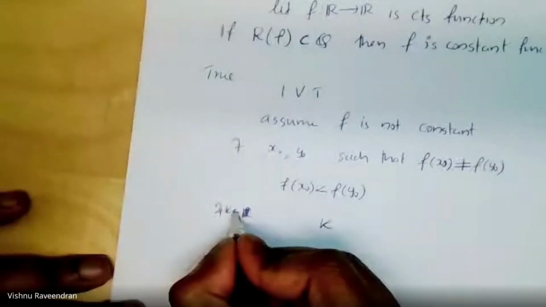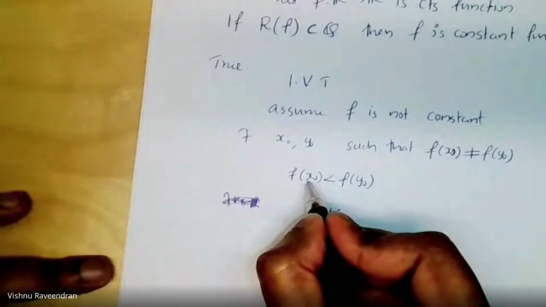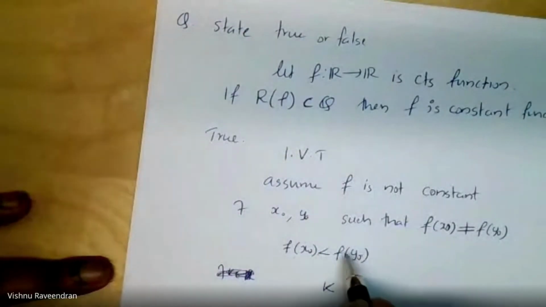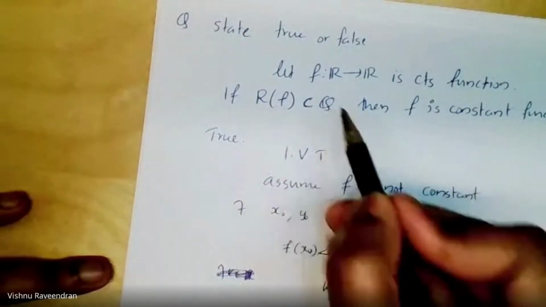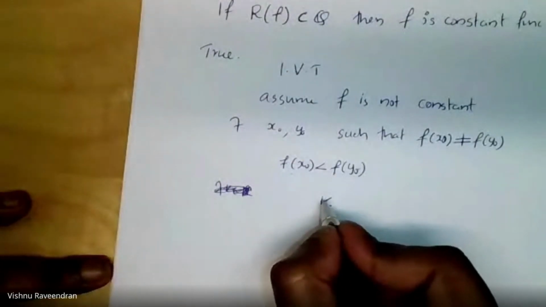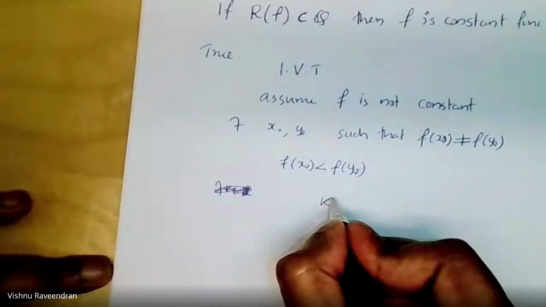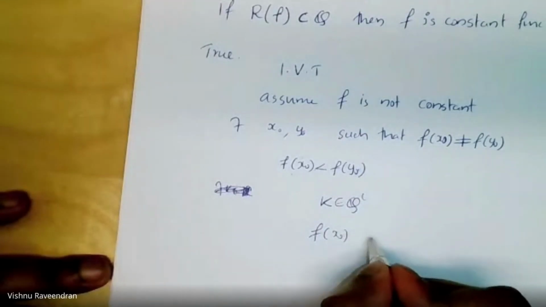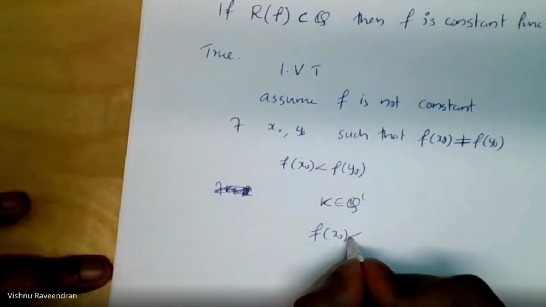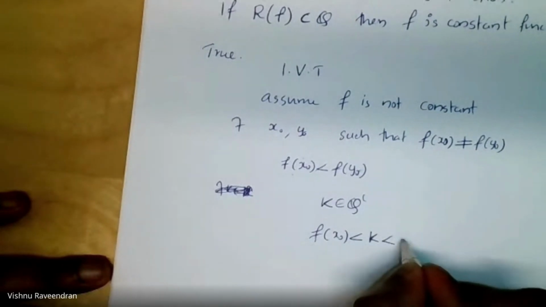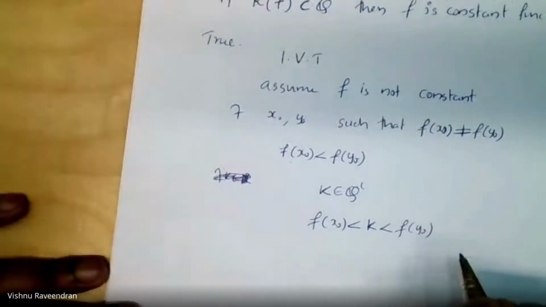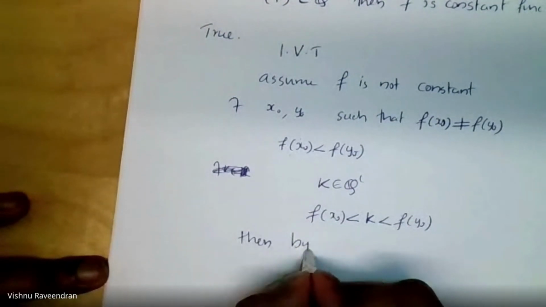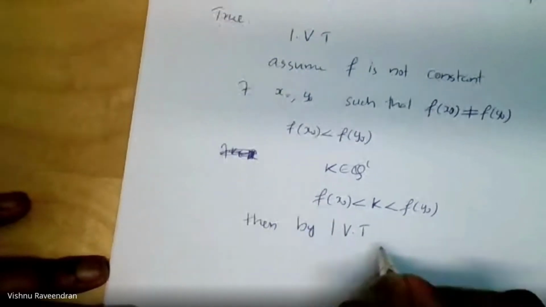k is not in Q. So these are two rational numbers, right? Because the range of f is in Q. We know that between any two rational numbers you can always find an irrational number. So there exists a k in the irrational numbers such that f of x0 is less than k is less than f of y0. And we know f is continuous. Then by the intermediate value theorem,